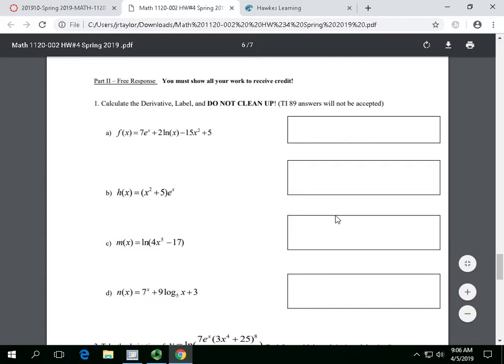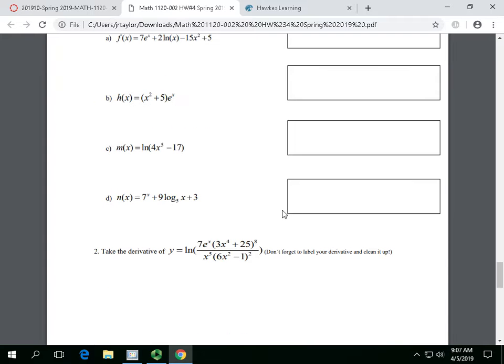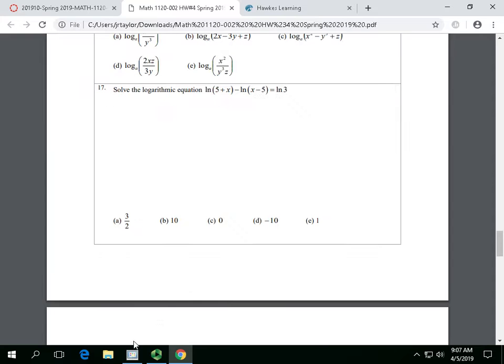But you take a look at the first one. We're back to doing derivatives again. What I want to see here is, you don't have to clean it up, but you just take the derivative of these and write them down here, and don't forget to label it. We're back to taking derivatives of functions again. There's classic logs and exponentials. So speaking of that,